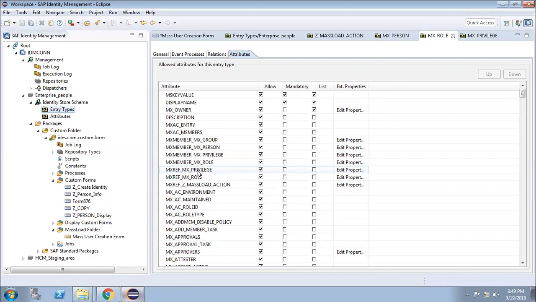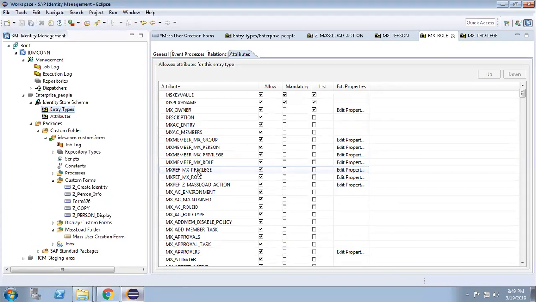But when we do the exercises, assigning a role to a user, a privilege to a user, a privilege to a role, which attribute to use, whether mx member mx privilege, mx ref mx privilege or mx member mx role, it will be clear to you.